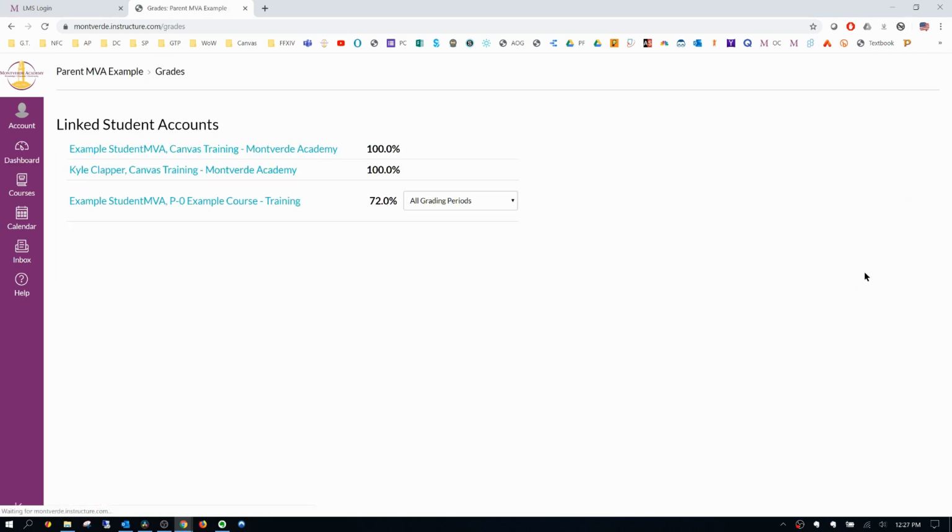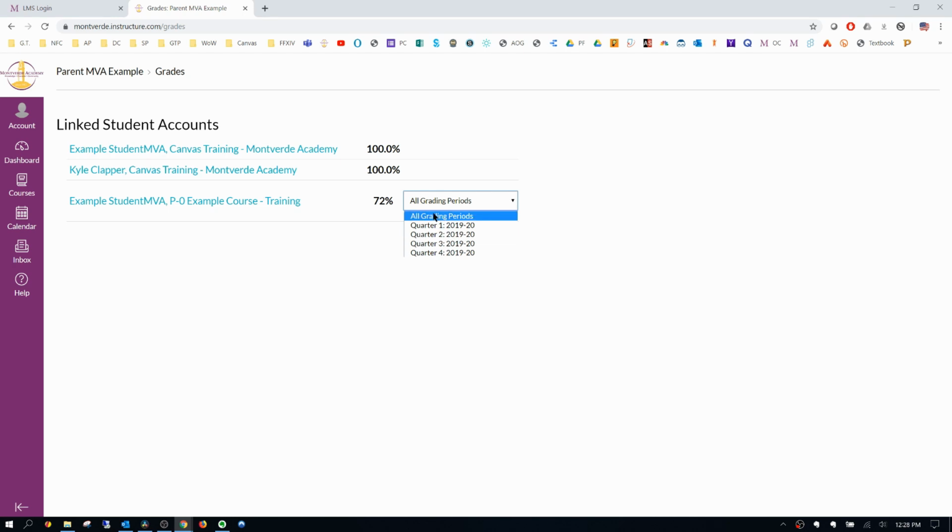I can go over here and see a summary of my student's grades. Kyle Clapper, I'm actually following myself, my example student, and then the different quarters, you're able to see here. So this is a nice thing for parents. In this particular example course, you actually have to select what quarter they see. Again, please tell parents, and we'll explain to them, there is no way to lock them out, but this all grading periods view doesn't compute correctly. The formula isn't right because it doesn't